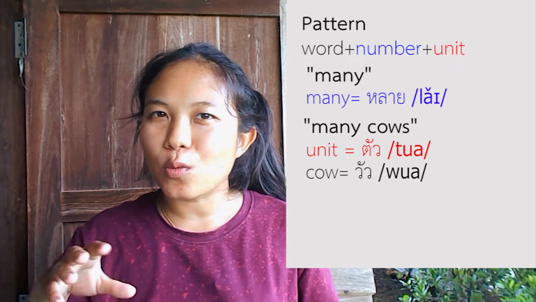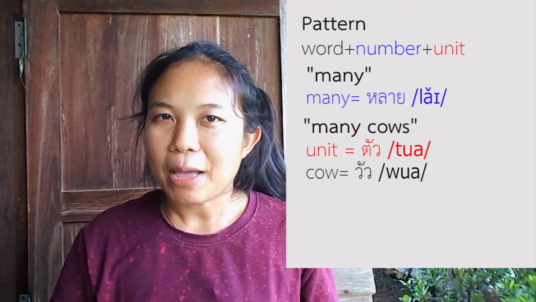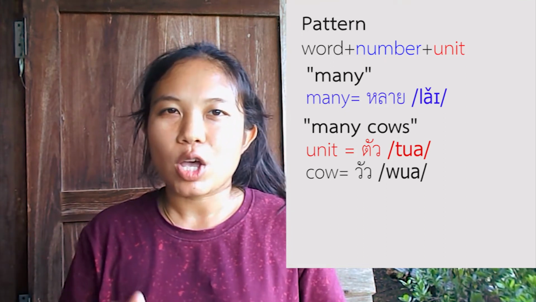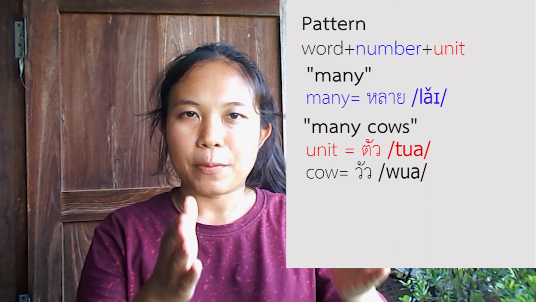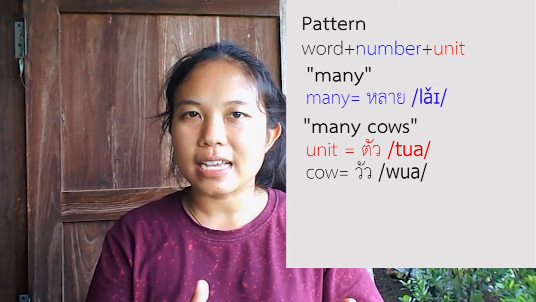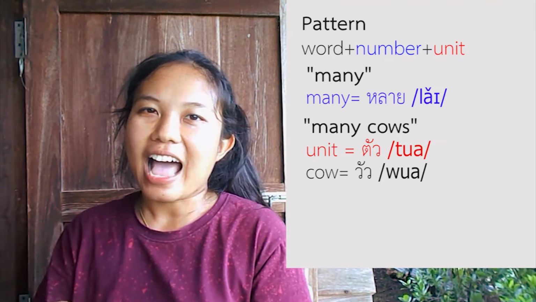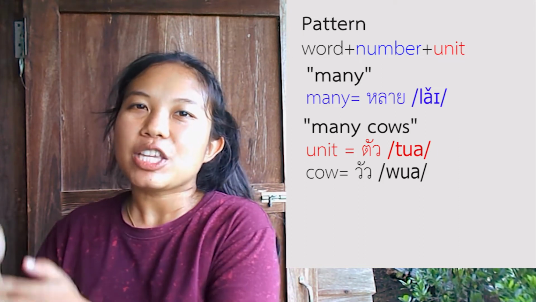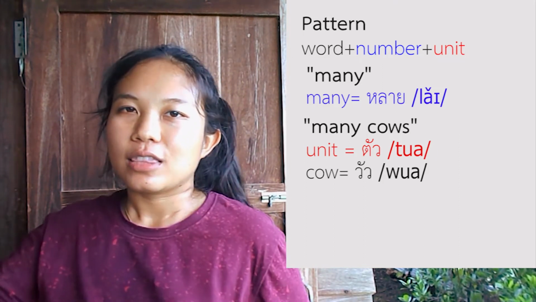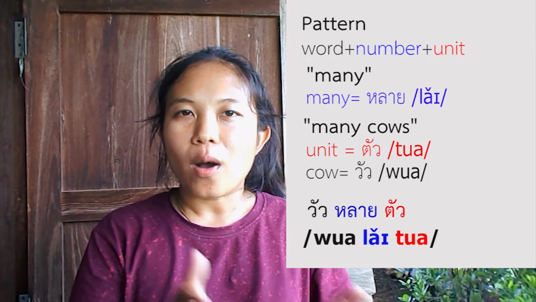You can put the word for many in the number position. So the word cow, วัว, we put it at the first position, and then at the number position you can put หลาย, means many, and then the unit of the cow is ตัว. Then our phrase will be วัวหลายตัว